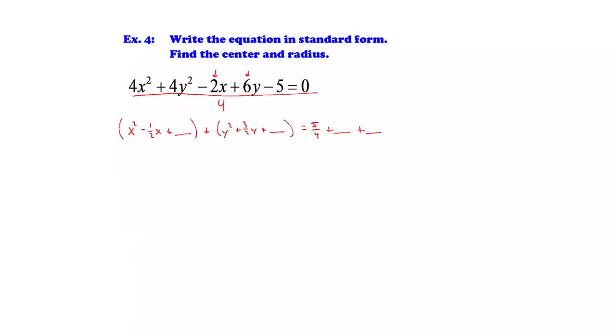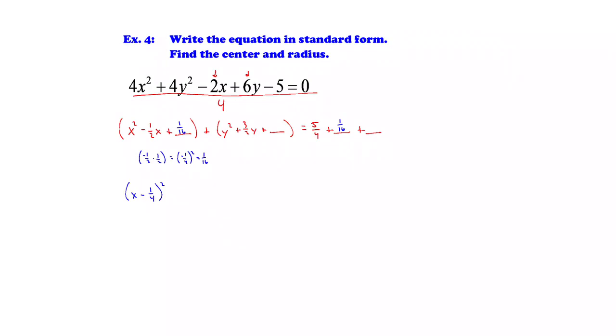And so once again, we're going to complete the square. So we need to take half your middle term, so -1/2 times 1/2 is -1/4, and then when you square that, you get 1/16. So that's what we're going to add to the left and to the right side. And so now that factors into (x - 1/4)², and then plus